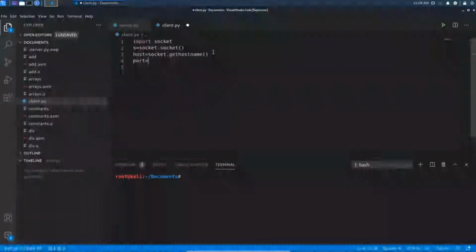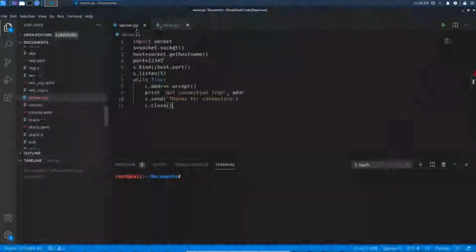And here is the port that we are going to use. The port that we used in the server and our client must be the same. So that's why I used the port number 12345.